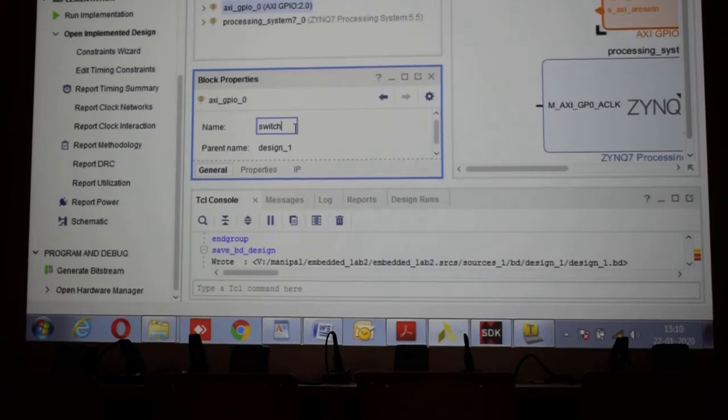This switch is available in the FPGA section. It's not in the processor. So where is UART? The UART protocol is tied with the processor, enabled through the processor only, the Zynq IP. But this is a general purpose GPIO. You can see the board: the general purpose GPIO switches, LEDs or push buttons are connected to the FPGA portion.